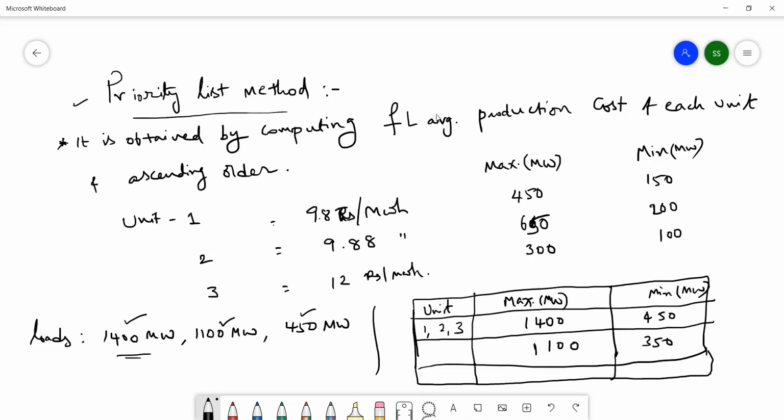Okay, here there are three various loads we have considered. For these three different loads, how are we going to operate these units? Either all are in on condition or any one should be disconnected based on the load increment or decrement. Okay. Now for the second case, how many units do we need to run? All three or two or one?